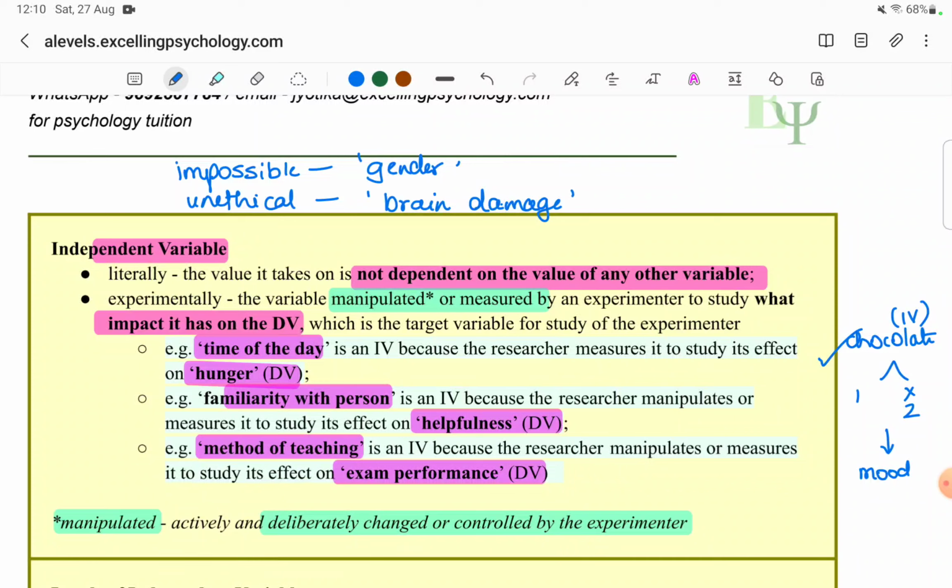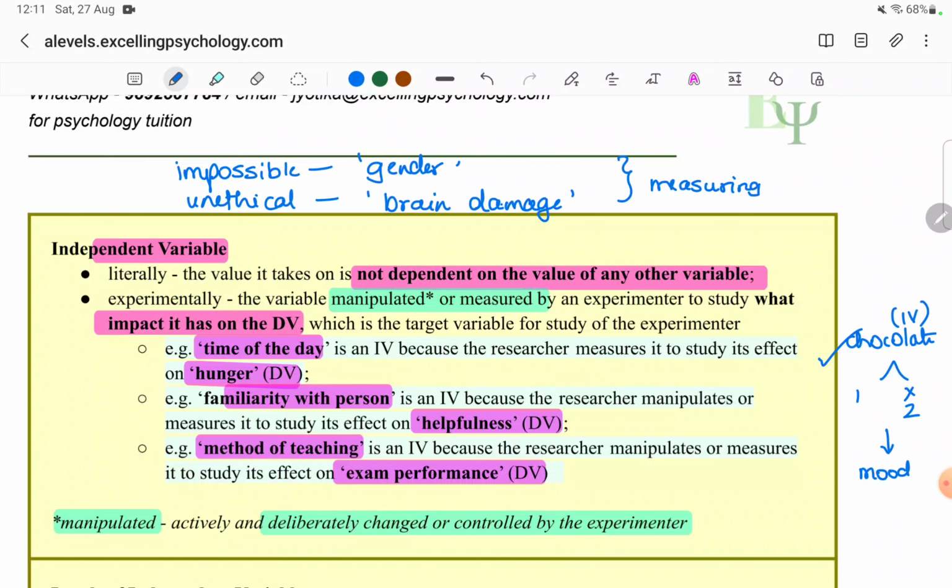What he can do is, by chance, people who have undergone accidents, he could take them in his study, and he could take some people with normally functioning brains in his study, take tests of both of them on personality and compare whether their personalities are similar or whether the personalities of brain damaged people are indeed affected in some way. If the researcher is simply measuring these variables and he is not manipulating them, why should we call them